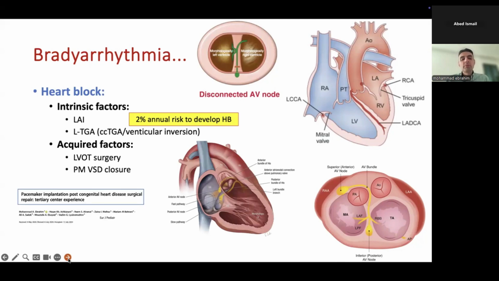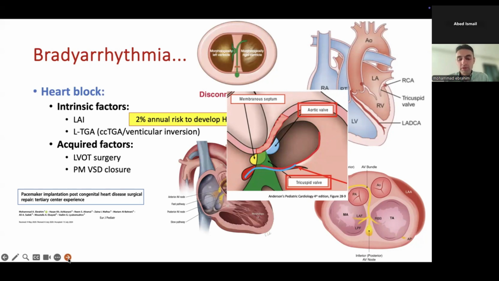And post-operatively, of course, when the patient undergoes left ventricular outflow tract surgery or perimembranous ventricular septal defect closure, because of the proximity of the perimembranous VSD or aortic valve to the conduction system, the patient might be at risk of developing postoperative heart block around 1 to 2% of the time. And more specifically, Down syndrome patients with AVSD are also at risk of developing heart block post-repair for various reasons,